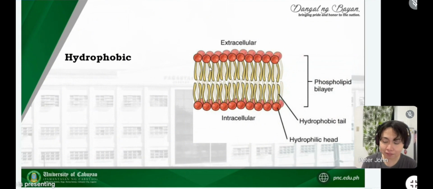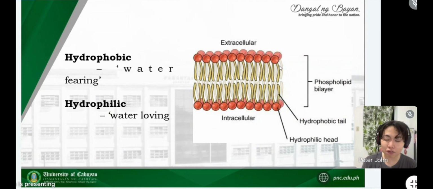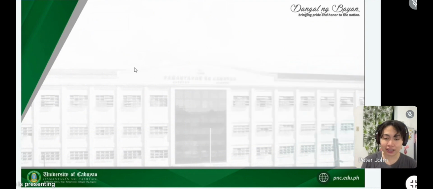So as you can see, the two layers is arranged ng kabaliktaran. So unang layer is made up of two. Kumbaga we have the hydrophilic head, or mas kilala nating hydrophilic or water-loving. Kumbaga, the water can enter that, while the other tail, or yung mismong tail niya, is hydrophobic, or takot siya for the water. That's the reason why once we mix oil in the water is hindi siya literally naghahalo, because of the characteristic of the lipid as a general as hydrophobic. So, tatandaan yan ha. Okay.